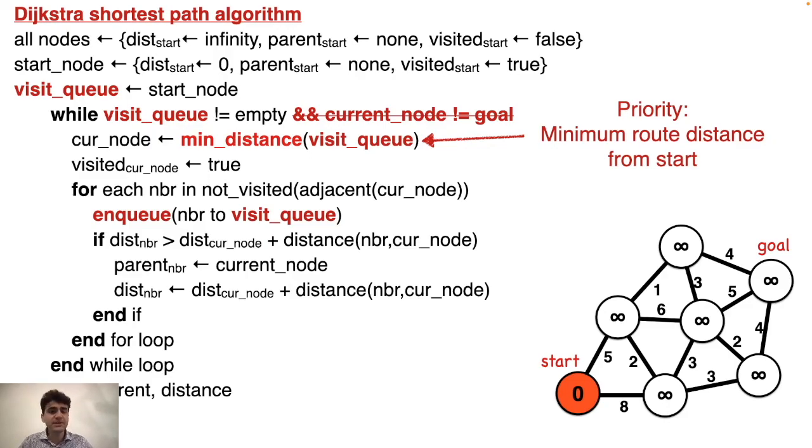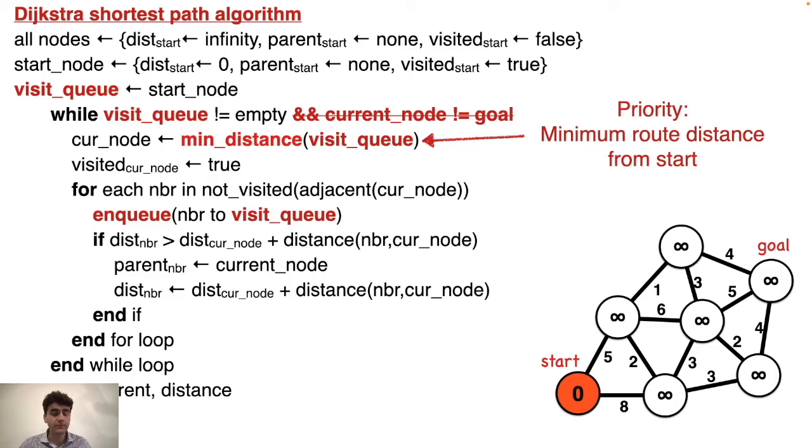This minimum distance refers to the distance traveled from the start node to the particular node within the visit queue. Based on that prioritization, Dijkstra's algorithm will choose which node it should visit next. And this then is how Dijkstra's algorithm will be distinct from breadth first search,